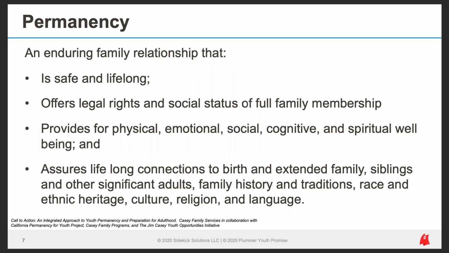So the notion of family is incredibly important to us, and permanency specifically. So I'm going to just spend a second here to talk about how we define permanency. We use this best practice definition, which is one that ensures that all the youth that we serve leave here, or at least have the potential for enduring family relationships that is safe and lifelong, that offers the legal rights and the social status of full family membership, provides for physical, emotional, social, cognitive, spiritual well-being, and assures